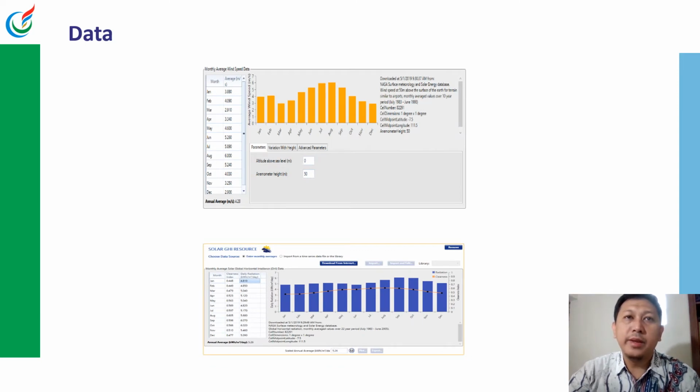The wind speed in the Cepu area is obtained from NASA. This figure shows the wind speed data per month in the HOMER software. In HOMER, wind speed data for all years is needed to simulate a wind turbine. The average wind speed obtained from the study location varies between 4 and 7 meters per second per month, with the value of wind speed generated. In the study location, the wind can be used to rotate wind turbines. The minimum wind speed value is